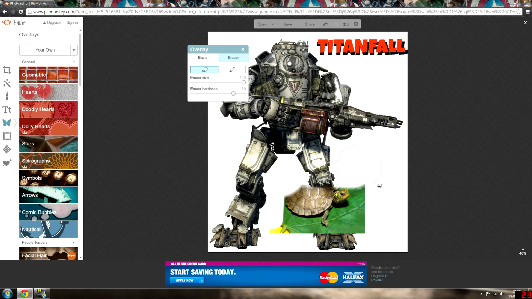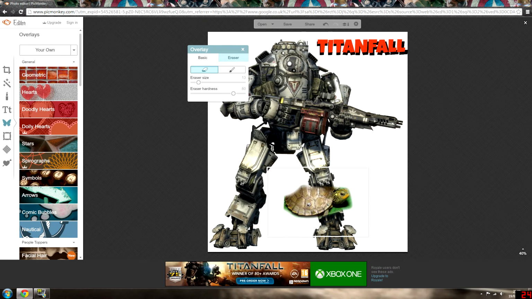Obviously when you do this you can do it a lot better. You can change it around. I'm just going to cut off his leg there, I don't really care. So there we go. Now I'm going to do a little bit of a touch up so it doesn't look absolutely awful. Obviously when you actually do this for real, when you want to make a thumbnail or channel art, you can just go on here and make it look better. So I'm just smoothing it off there, make it look a bit better there, just a bit around there,